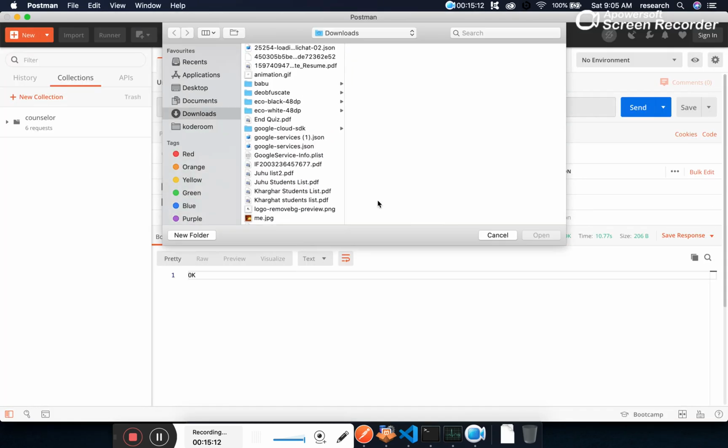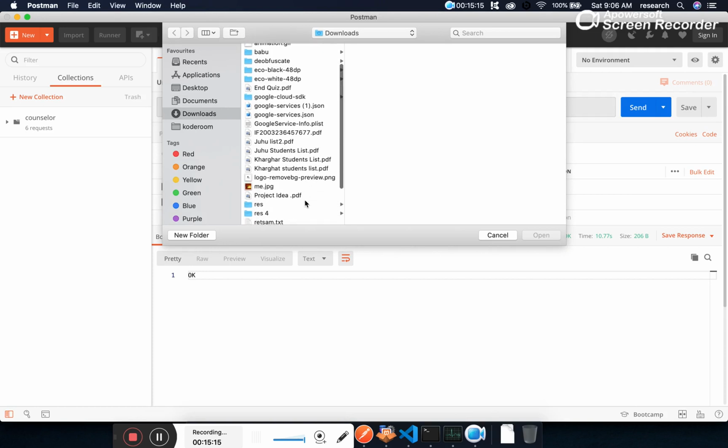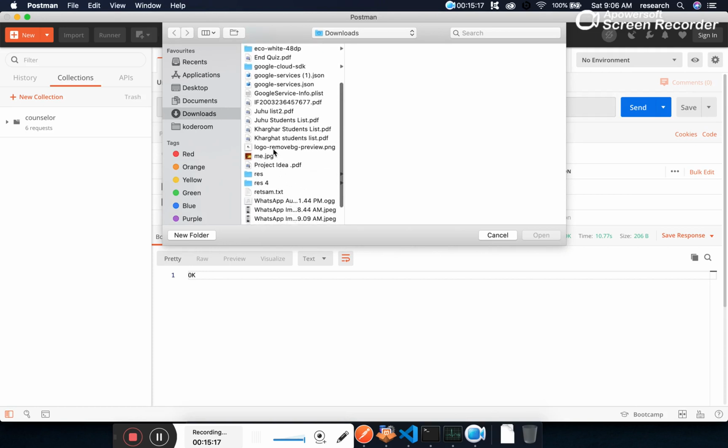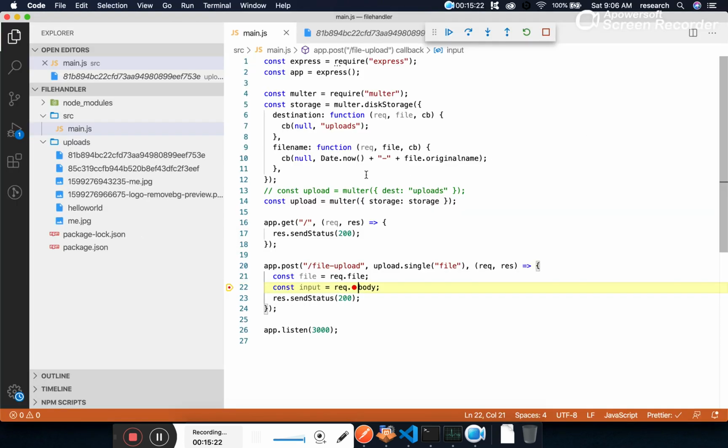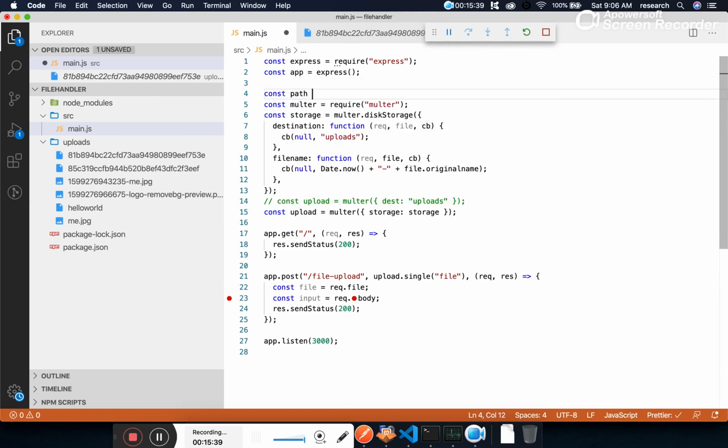And let's suppose if you want to upload another file, this one, and now you can see a new file has been added like this. But sometimes what happens, the file names are too long, and those file names may contain some special characters. So what is the practical approach? Let's keep a proper file name without any special characters. So I'm not going to use the file name like that.